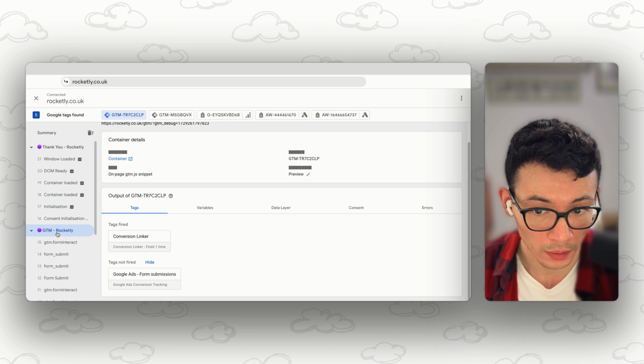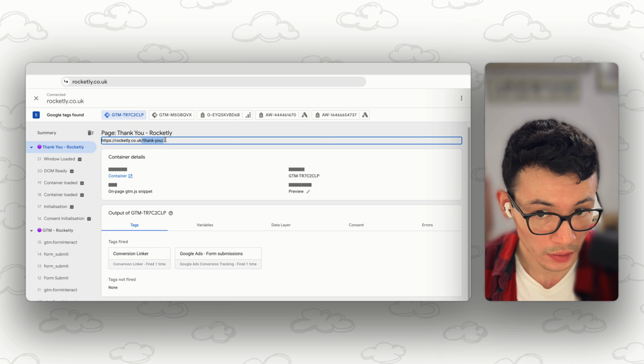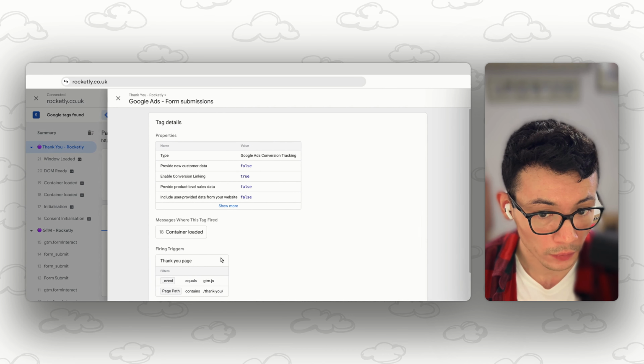So we've got the GTM page, which is where the form was loaded. Again, it's just one tag fired here. And now if I go into this summary page here for the thank you page, you can see that both tags for the conversion linker and the Google Ads form submission tag have fired because this page contains /thank you in the page path. So again, I can click on the Google Ads form submissions tag,